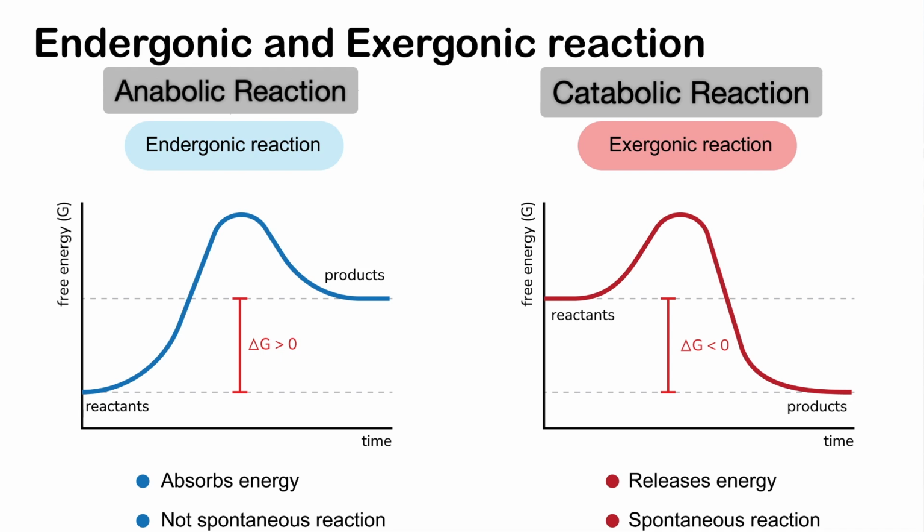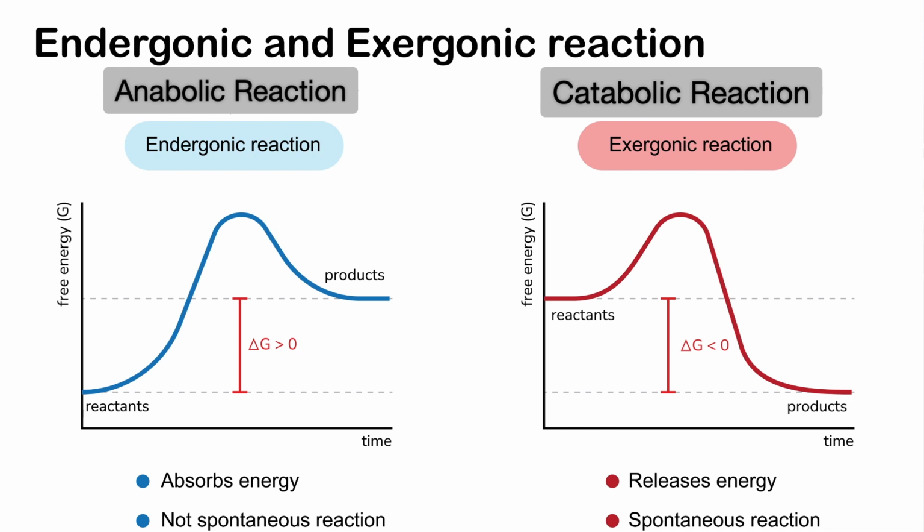And when we're done building the thing, the product is going to have more potential or free energy than the reactants did. Again, on the flip side, we have the catabolic reaction. And in a catabolic reaction, we have the breakdown of something. And as I explained earlier with the exergonic reaction, we have reactants that have a decent amount of potential or free energy. And then once the reaction takes place, we're left with something that doesn't have a whole lot of available energy. The example that we used was breaking down glucose into CO2. That's a catabolic reaction: breaking down often a polymer or a complex structure into its substructures